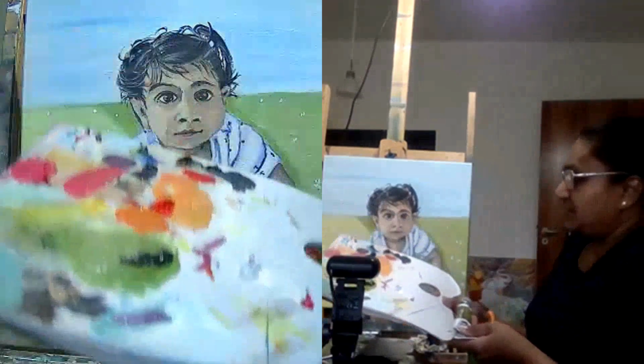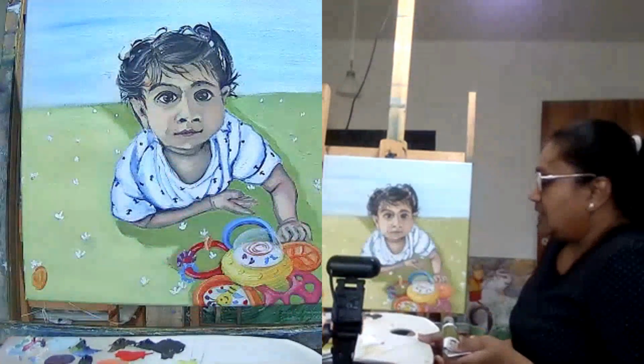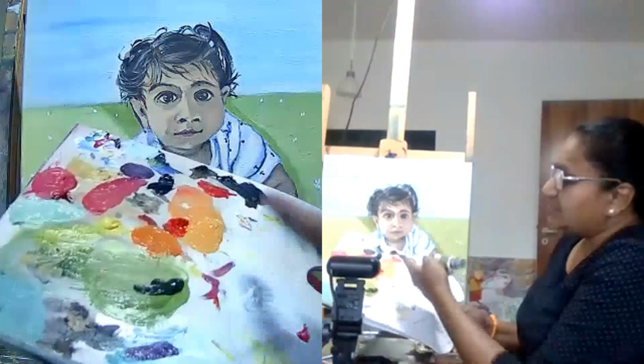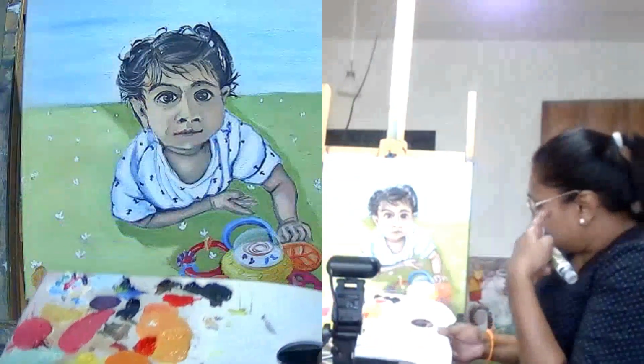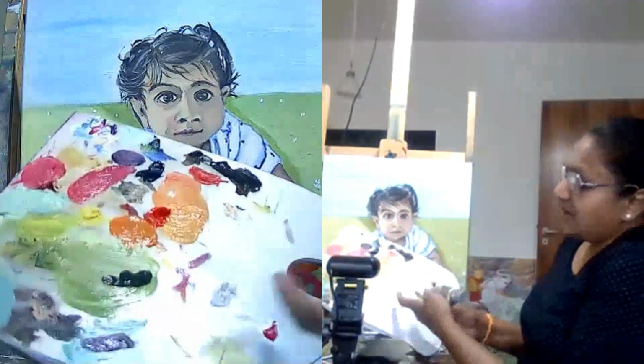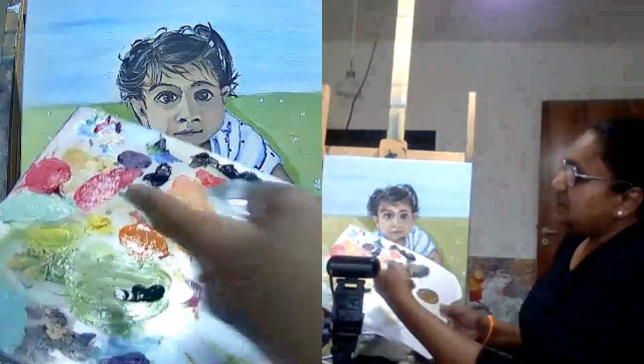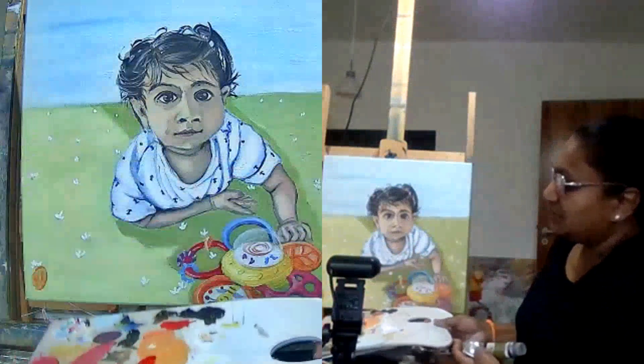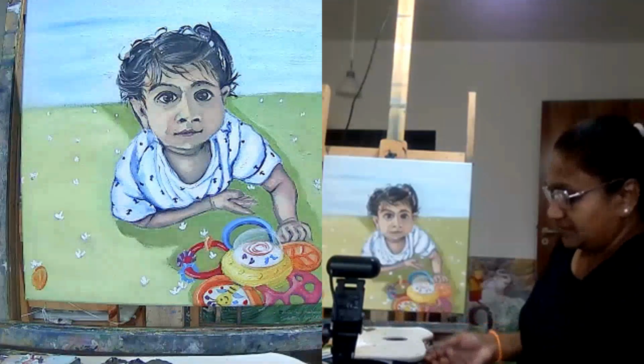So I have some of it ready here. You can see from the last class, I still have some of the colors that I might use wherever needed. So I have the white, if I need to lighten it up, the yellow, that is there, and the brown is here. The black is also here if I really need it.